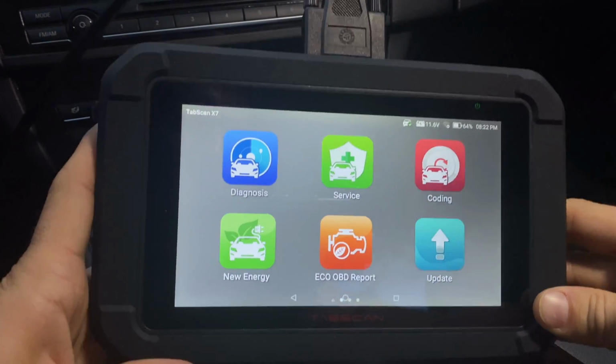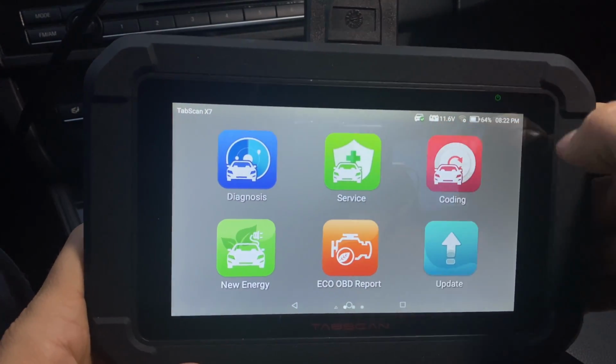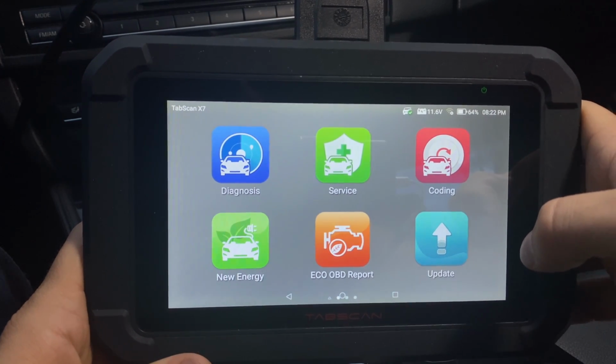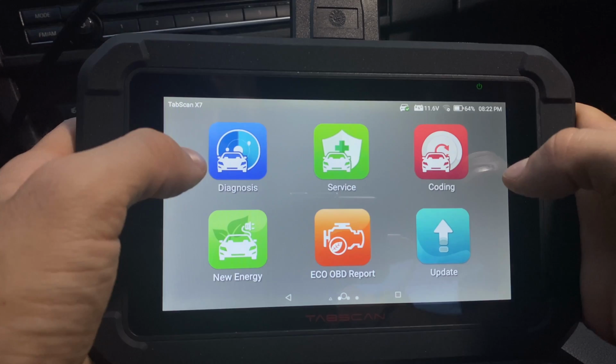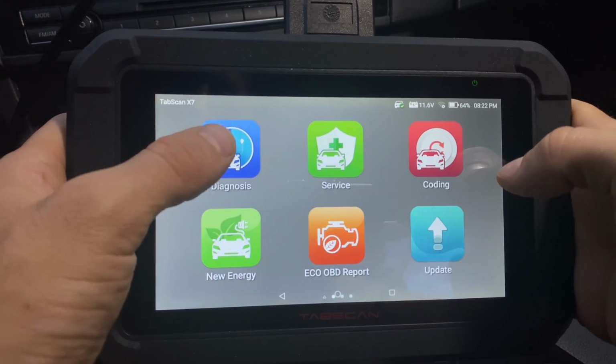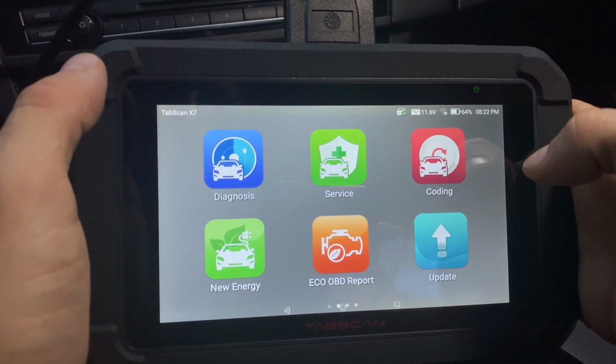Okay, so you heard it beep. Now it is plugged in, and as you can see, there's already a little check mark, so it's connected to my car. Now, first thing I'm gonna show you is the diagnosis menu button here, which is the first one on the left, and then we'll go through the rest of them and see what they do. All right, so I'm going to click on it